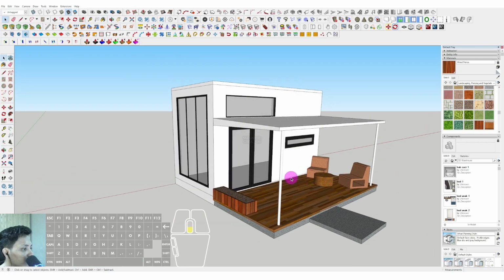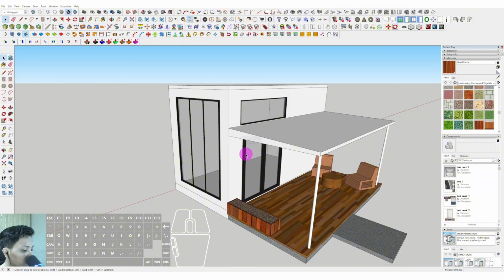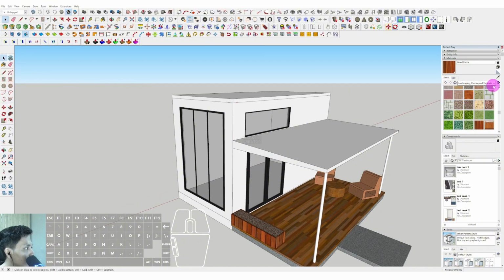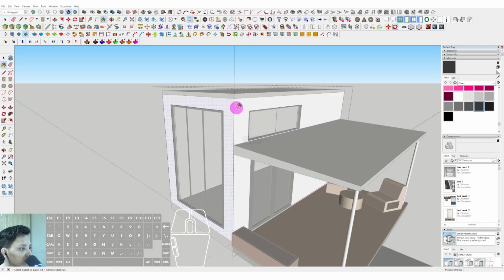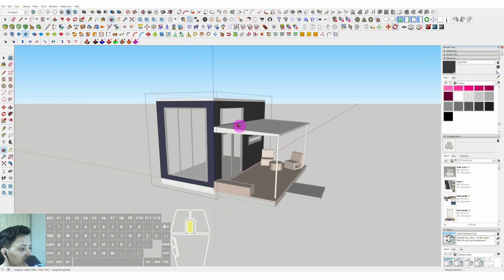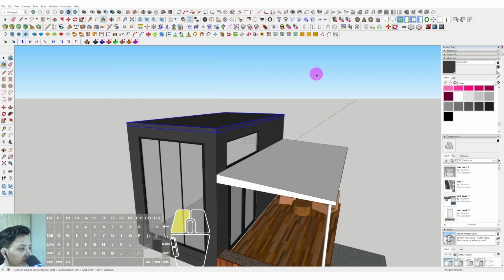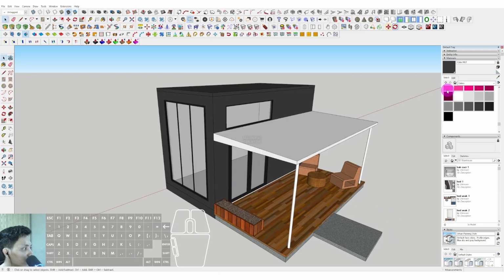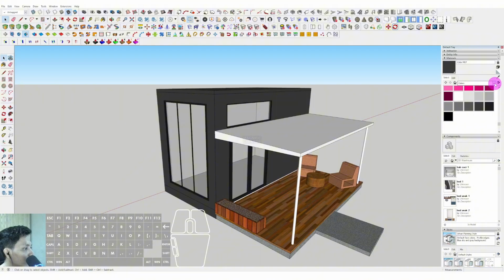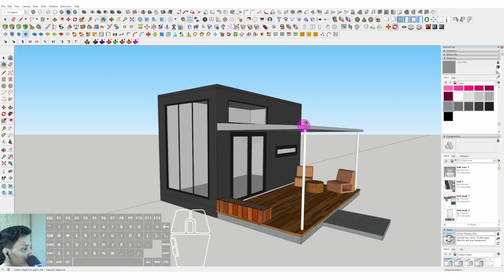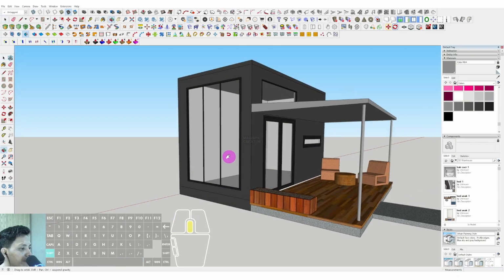And after that, now we can add the dark color in here. We can assign it with the dark color. We can choose this dark gray. We can choose this dark gray for the exterior only in here. For the exterior. Okay, this for the exterior. We choose dark gray, and we can just select the light gray for this one. Okay, and